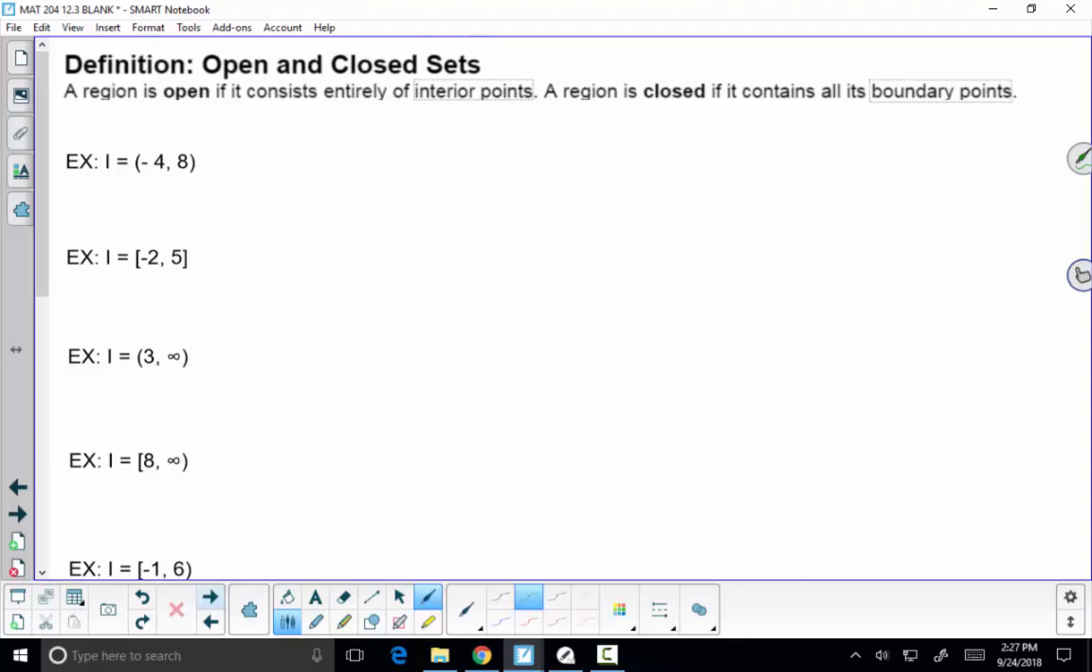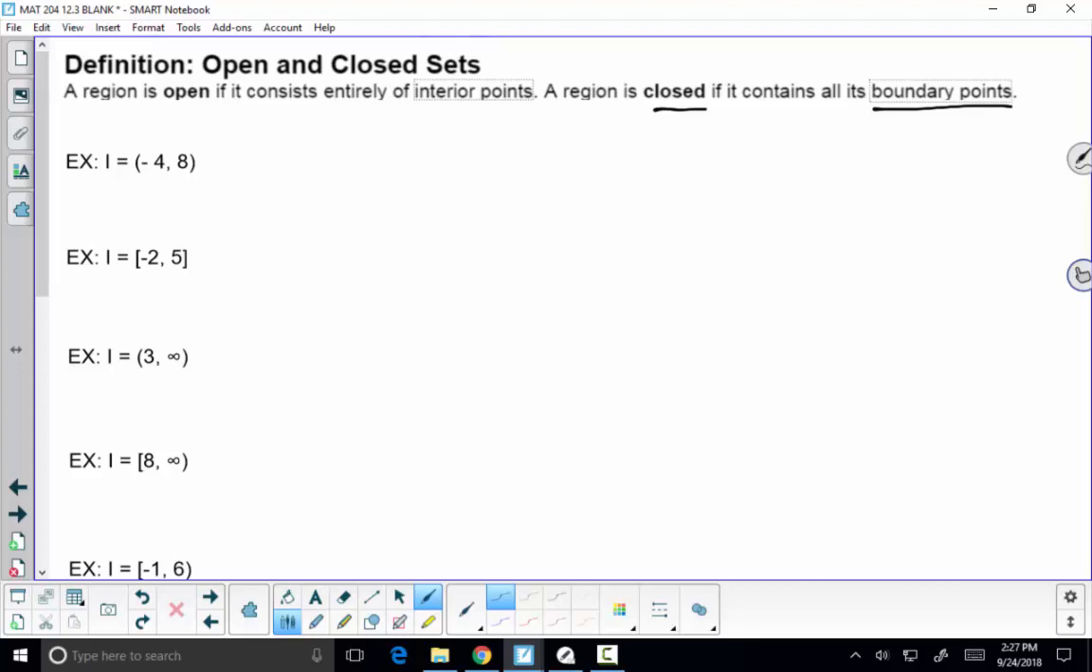Okay, so a region is open if it consists entirely of interior points, and a region is closed if it contains all of its boundary points. Now, sometimes that inclusion of boundary points is a little abstract. Like if we consider the entire real line as a subset of itself, that is a closed subset of itself. So pretty much if we kind of treat infinity as a